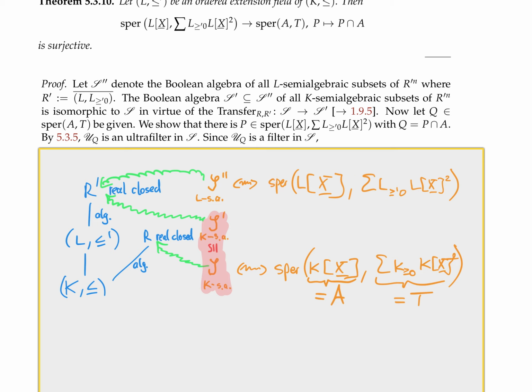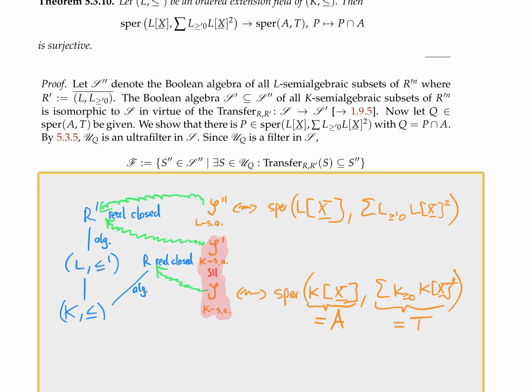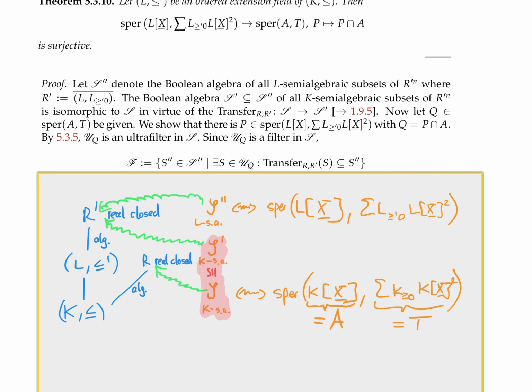So I need somehow to go to an ultrafilter consisting of L semialgebraic subsets. But since U_Q is a filter in S, actually an ultrafilter, but I don't care anymore, in fact,